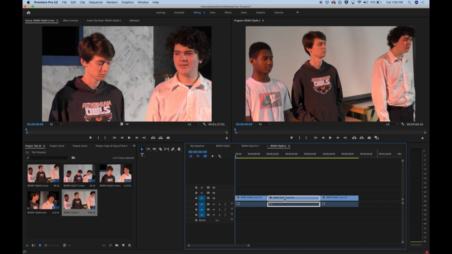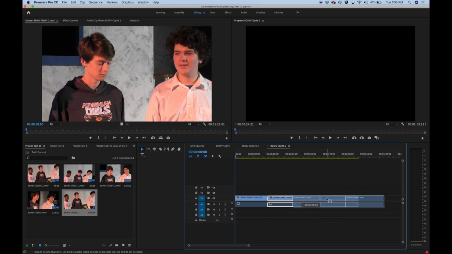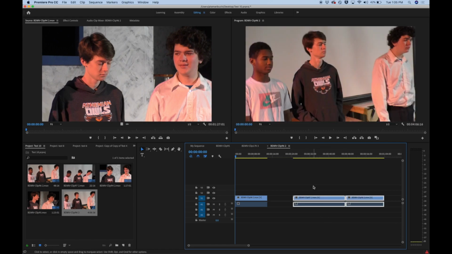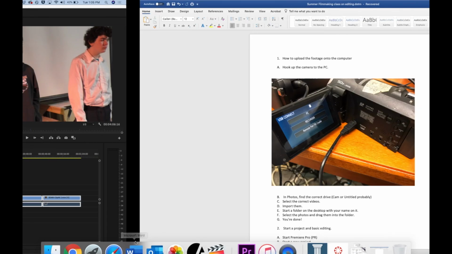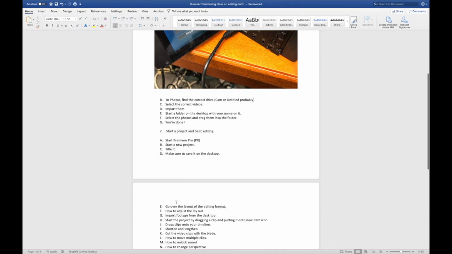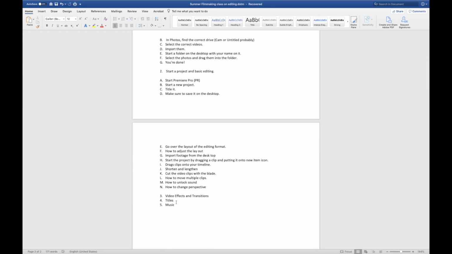So that's going to save you a lot of time. If you're in Final Cut Pro, which I like to use, it does all this for you. But this is one extra step, and it'll save you a lot of time. You can also select things by dragging over them and do it that way too. Actually, that's probably faster. Okay, any questions about basic editing? Okay, I think those are all the questions that people had before about basic editing. We had new projects, cut the video clips, table blade,